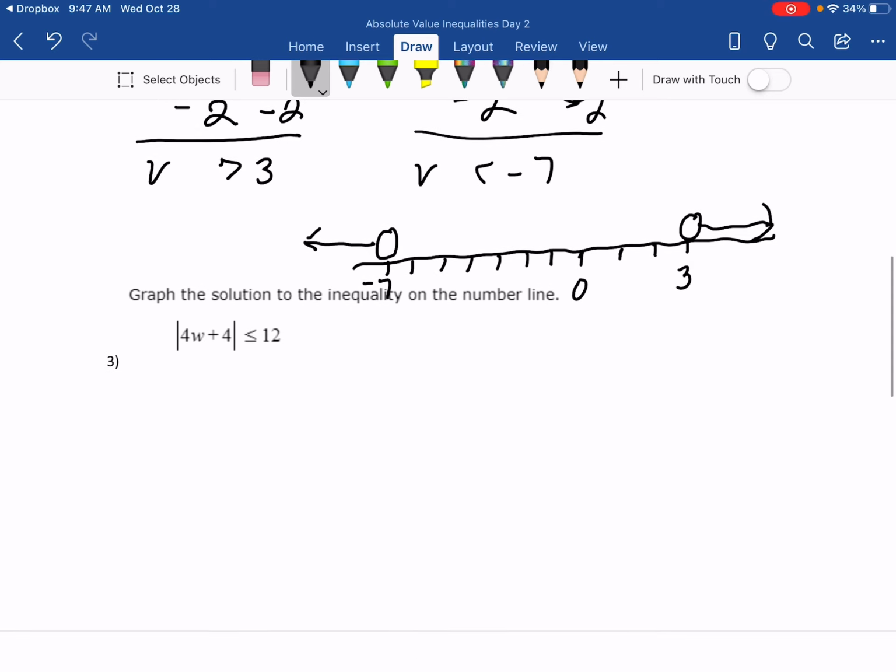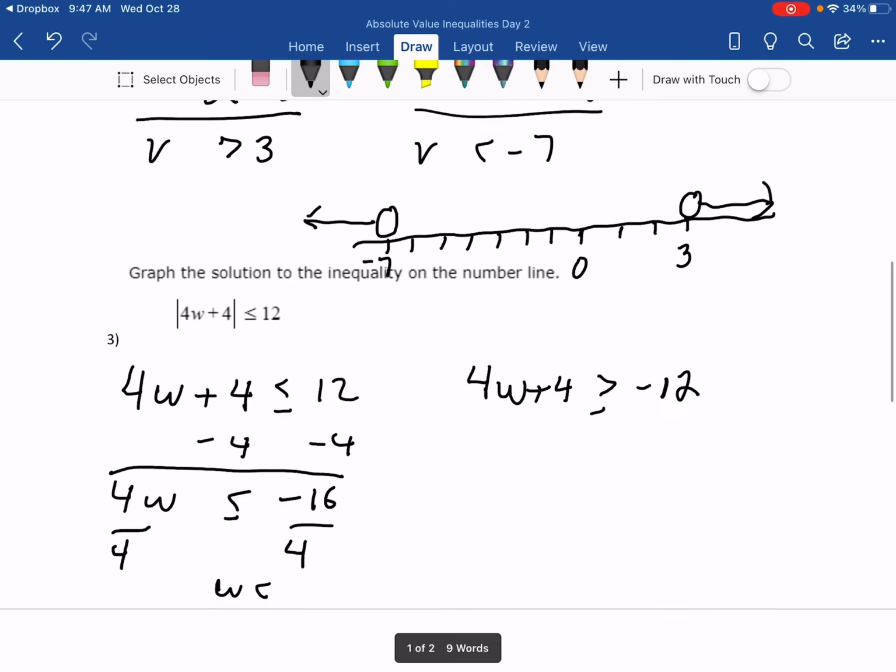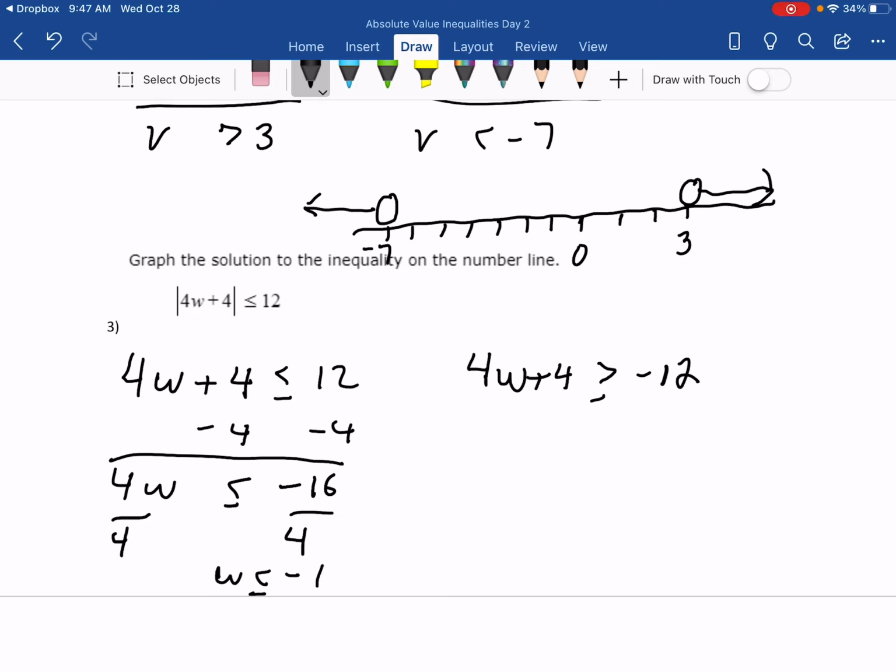All right, so number three, the bars are isolated as well because that 4w plus 4 is entirely inside the bars. So same concept here. We'll remove the bars and make our two inequalities. So our inequalities are going to be 4w plus 4 less than or equal to 12. And now in the other inequality, we'll reverse: 4w plus 4 greater than or equal to negative 12. So solving each,